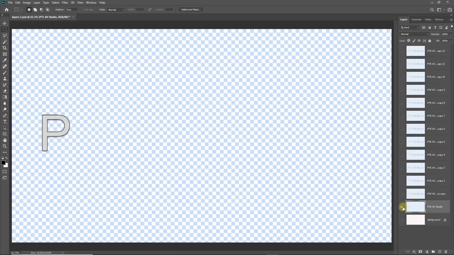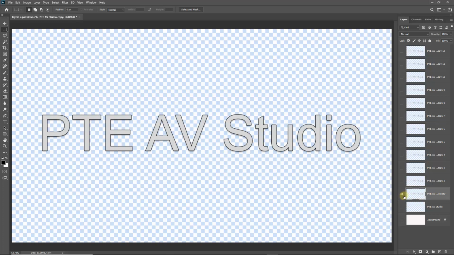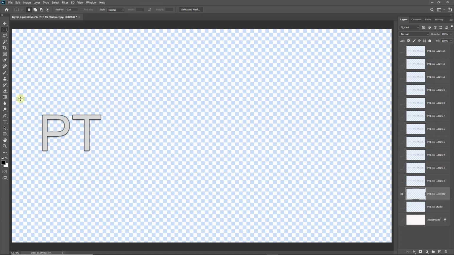Now what we can do is, I think it may be useful if we turn this layer off and select the other one. There's no need to turn the layer off, but I think this makes it a little bit easier. Now we've got to take everything past the T. Now we can do that in the same way. Ctrl X will do that. But of course I also need the letter P removed just in front of the T. Ctrl X will do that, because on my first layer I want the P, the second layer I want the